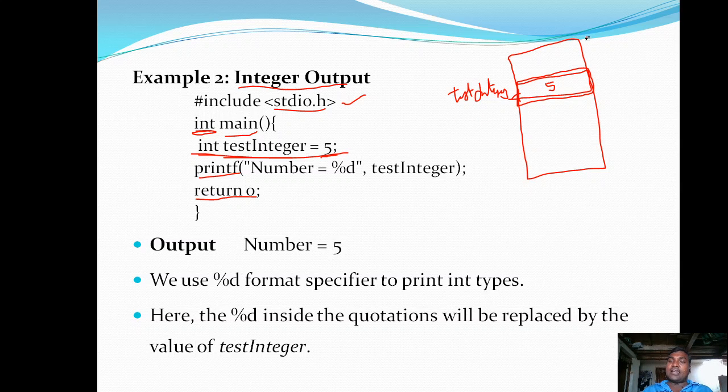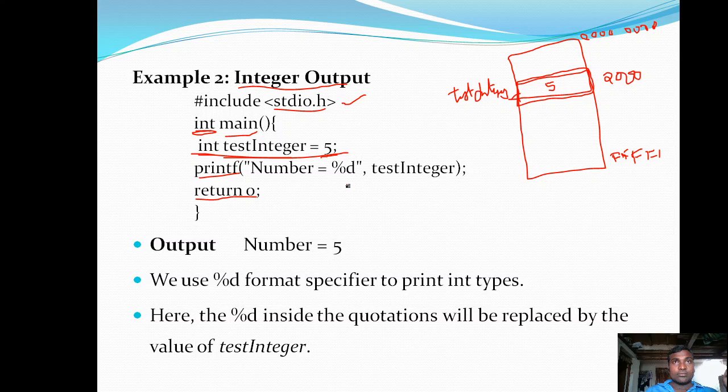Generally the location addresses start from 00000000 to some ffffffff, eight f's. Somewhere, for example 2000 and 2001 are the two memory locations reserved for this test integer.